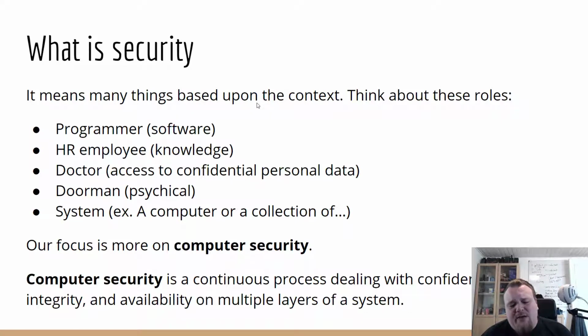Okay, so I want to make sure you understand that computer security is an ongoing process dealing with confidentiality, integrity, and availability. To broaden that a bit more, and before I change the slide, the CIA triad is really one of the better ways to talk about security, because anyone can relate to the words confidentiality, integrity, or availability. Your boss understands that you need to keep your data confidential, right? And I guess your boss also will understand that you need to keep your data safe.